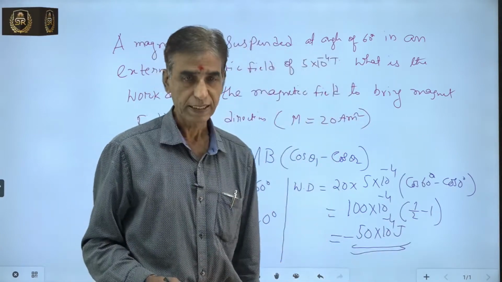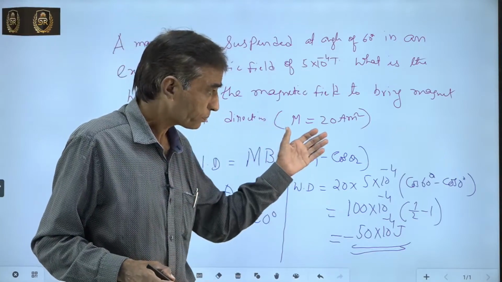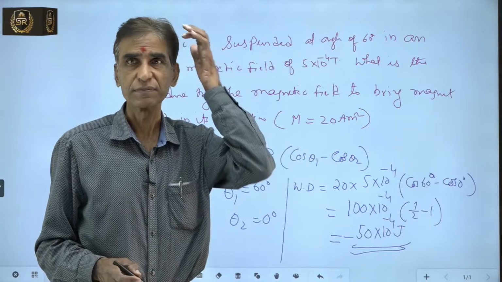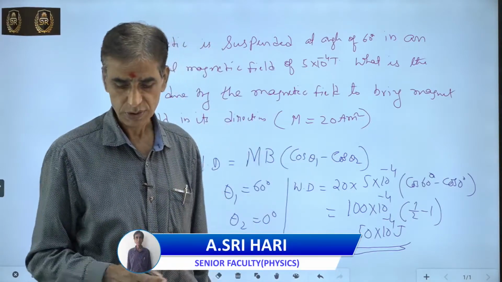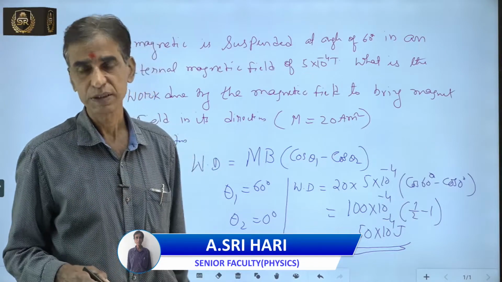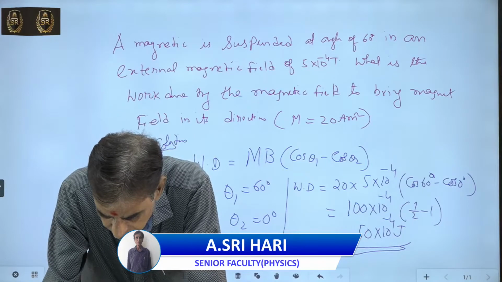So, that is the work to be done by the external magnetic field to bring the magnet in its own direction from 60 degrees to its own direction. So, this is an old MSET problem. This was given in the old MSET and IIT also. Next